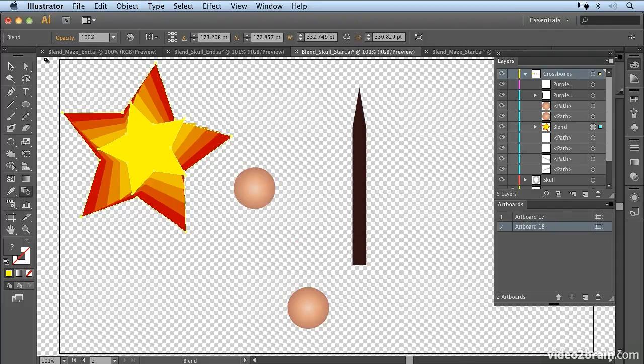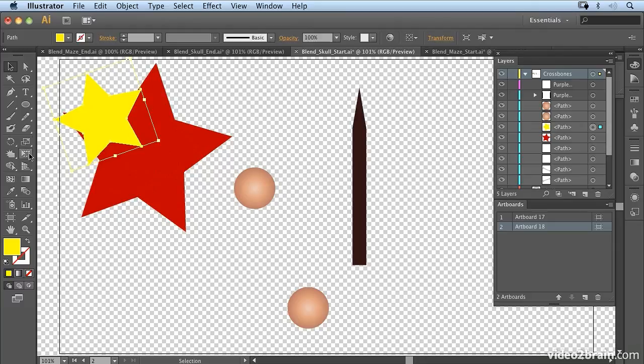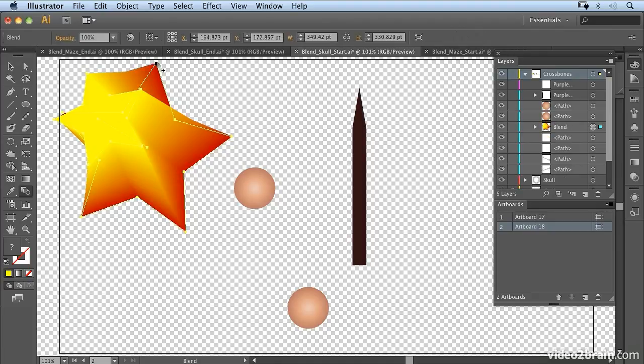Now I can even go in and select the star and maybe move it before I do the blend. Let's have a look at that. So we'll undo a couple of steps. I'm going to move this star up to here, and then select the blend tool, and we'll select the top point when it goes black, and the top point on here when it goes black, and we create that kind